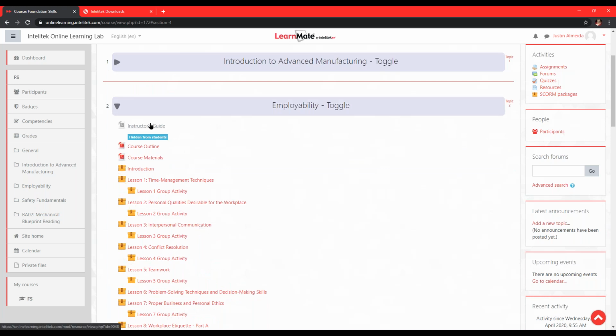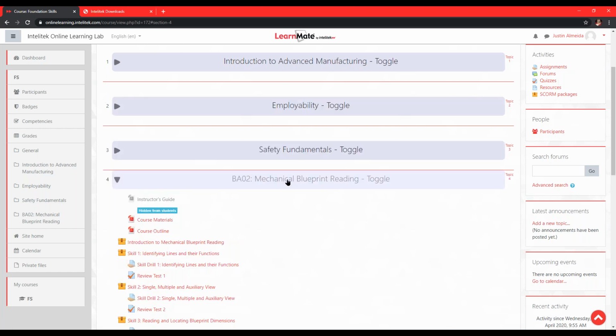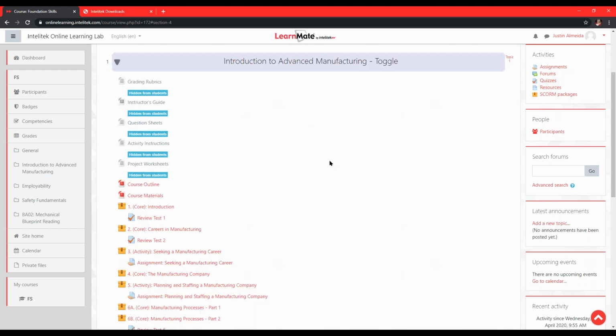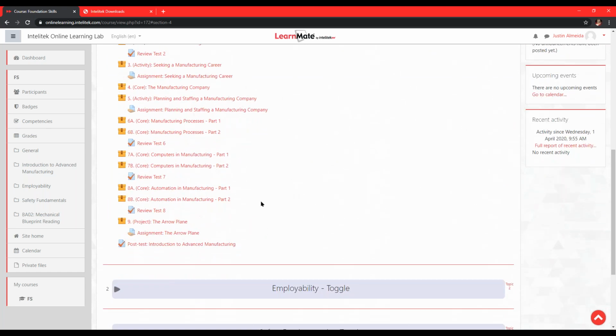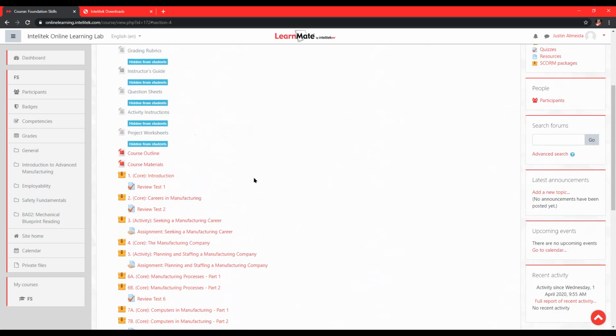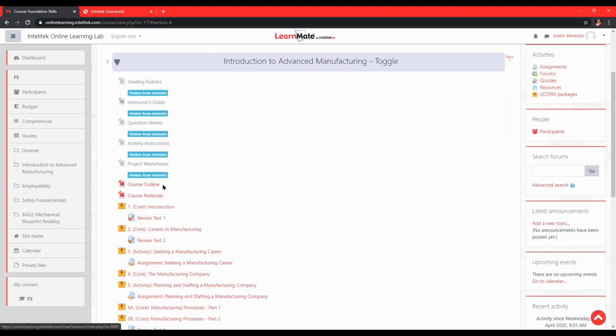Each of these courses has some instructor resources. It might just be a guide. For example, employability and safety fundamentals don't require too much, and neither does blueprint reading. Introduction to Advanced Manufacturing, however, has more activities and projects built into it. So there are a couple more resources made available to you. And like I said, these are always available right up here at the top, and they have this blue tag right here that says hidden from students. There's also a course outline and materials,